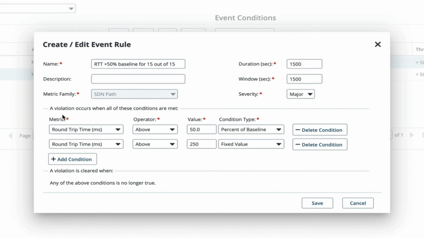It's important to note here that this is an implicit AND, meaning this will always be an AND, not an OR condition. You can see when all of these conditions are met. So you need to ensure that your profiles are built in a way that it's going to trigger the alarm